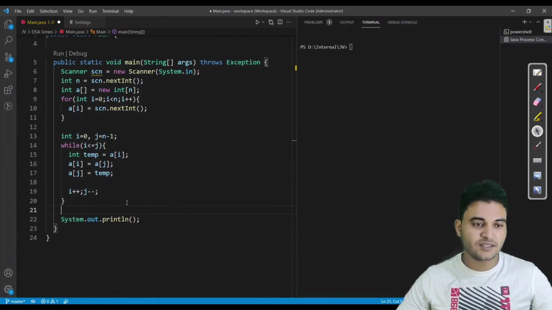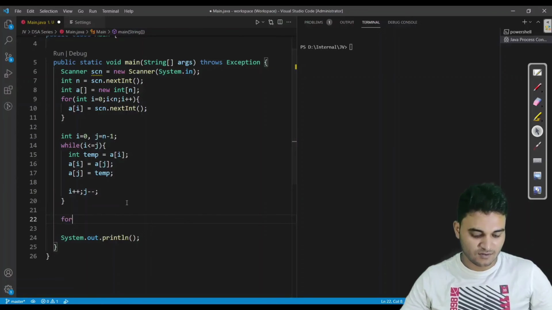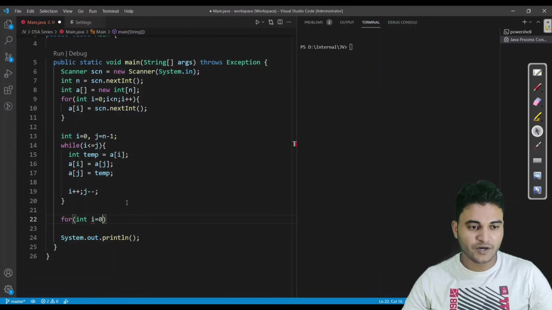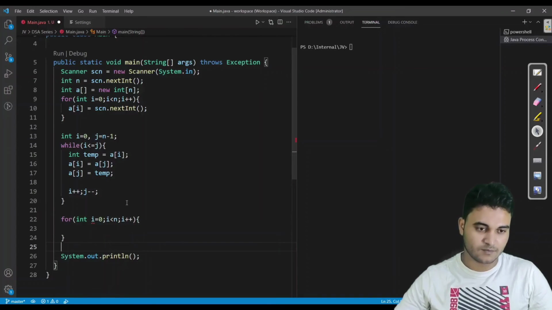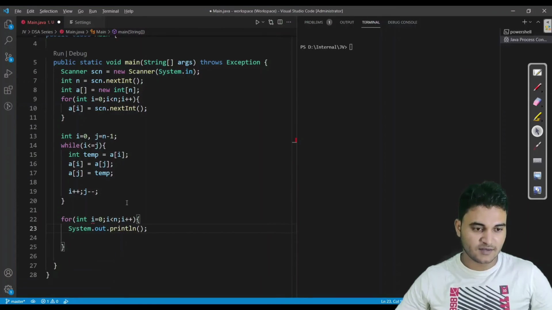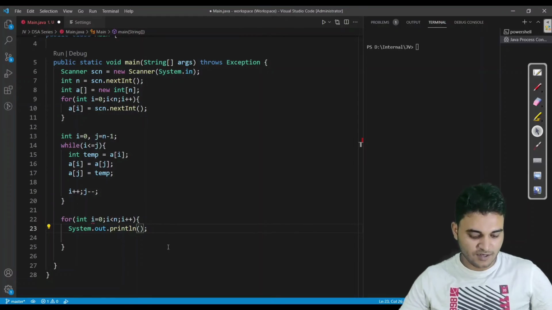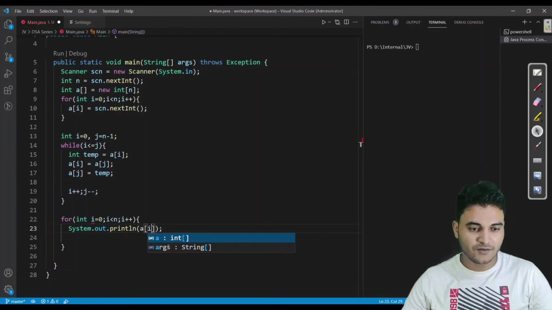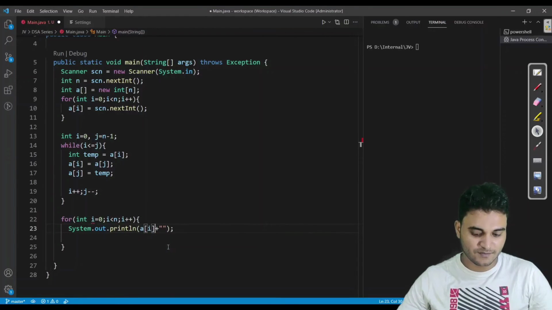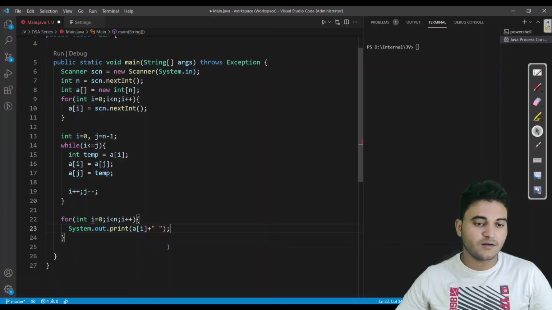Let us print this also. For printing, I am writing a loop, and inside this I have to write a of i and a space, and we are done with the program.